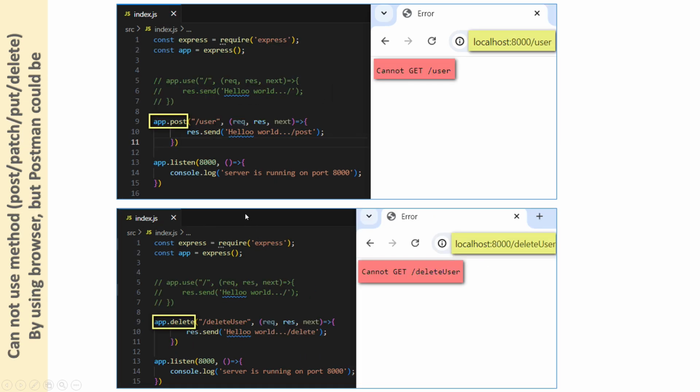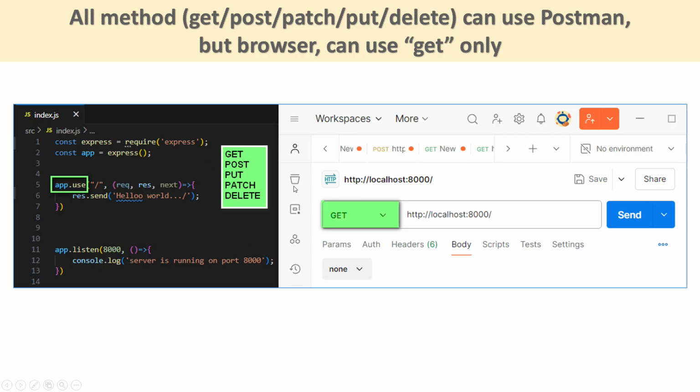For example, if we use post in the browser, the result is an error, cannot get the user, because of the limitation of the browser to access this backend. Okay, this is the use. If you use the backend app use, all these methods we can use from the front end.